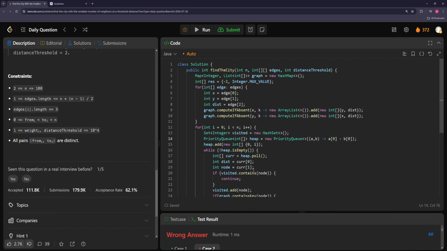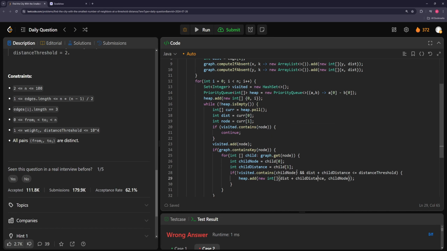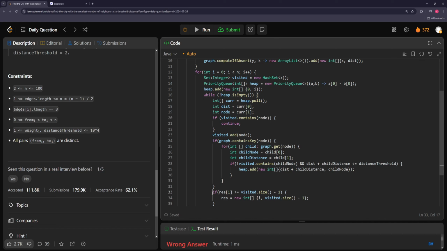Alright, getting the wrong answer, so let's just double check. So x is fine. X at y, this is fine. Visited heap a0 minus b0, it's fine. Distance then node, so we want to make sure we're putting things the right way. We are. Visited add if it contains. Child node, child distance is correct. That's correct. Okay, so our error is just we need to calculate this after we do this whole heap thing,